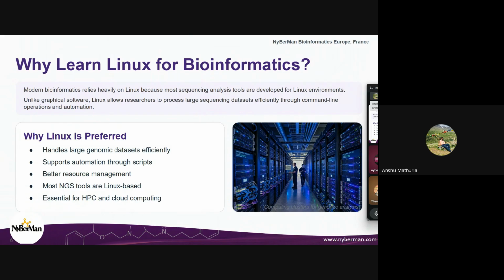Now we are going to do bash scripting. If you have 40 samples and you want to run the same command on all 40 samples, and you have to do it manually, you have to run it 40 times. That is going to consume a lot of manpower. But what we can do is automate. We can construct a bash script. We can write a for loop in that, and we can directly automate our entire pipeline. We just have to run that script once. All the 40 samples will be analyzed,